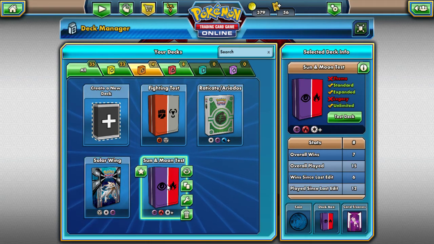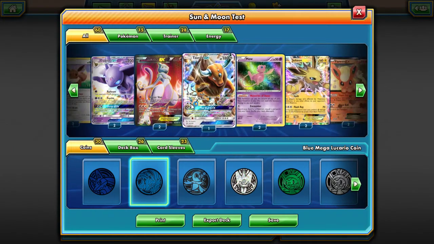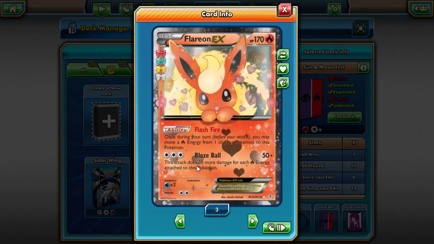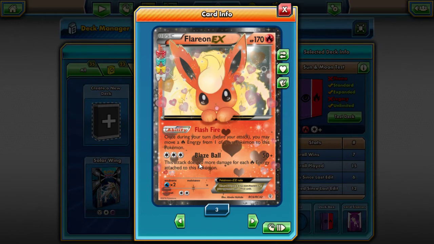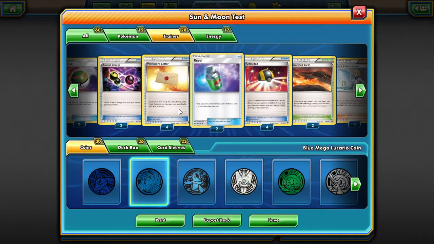This is the deck that I made for Sun and Moon. I'll show you guys it real quick. I was gonna make it a Flareon EX deck. The reason being is Flareon EX starts at 50, 20 more damage for each fire energy attached. And then under training cards,